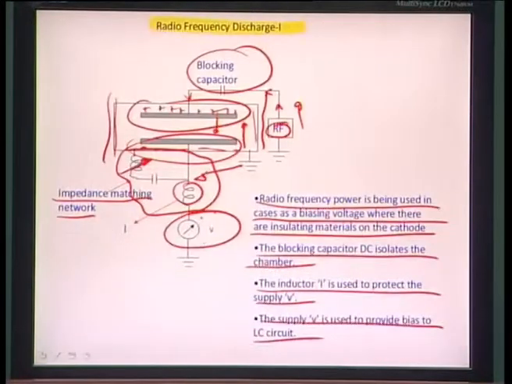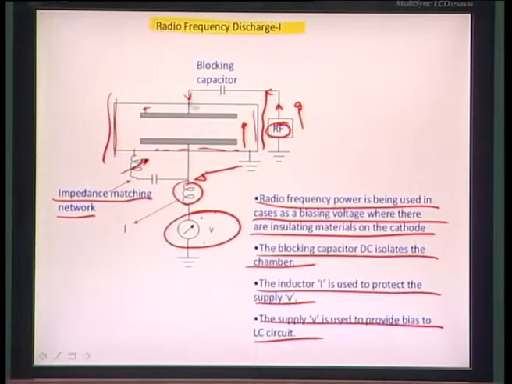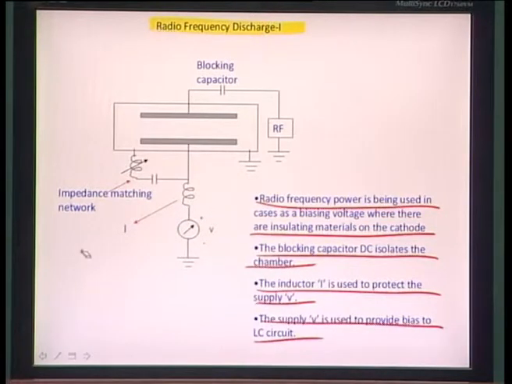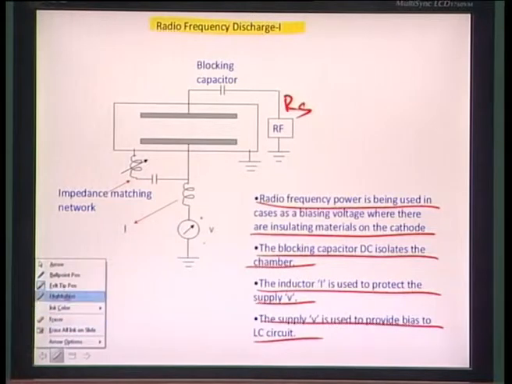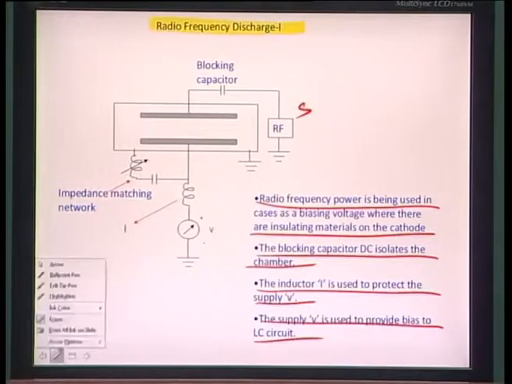Now, going back to this network here, and let me just rub everything off to illustrate a little bit of what goes on. Here also you need something called an impedance matching network to match the overall criteria of RS equal to RL. Let us suppose you have a source resistance of the RF signal, and this is actually an impedance. Instead of RS, let us call it the impedance ZS,